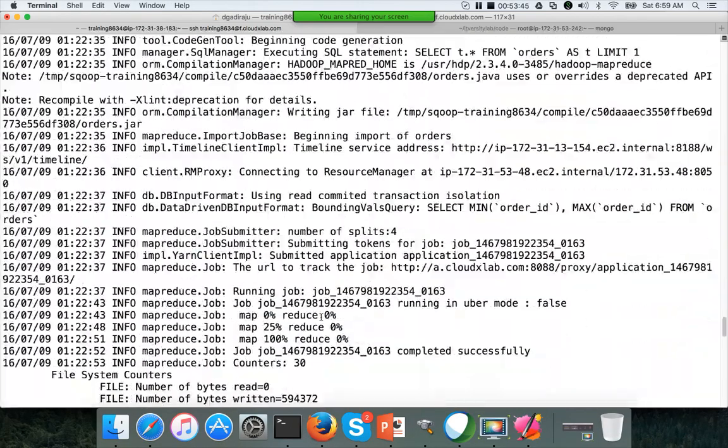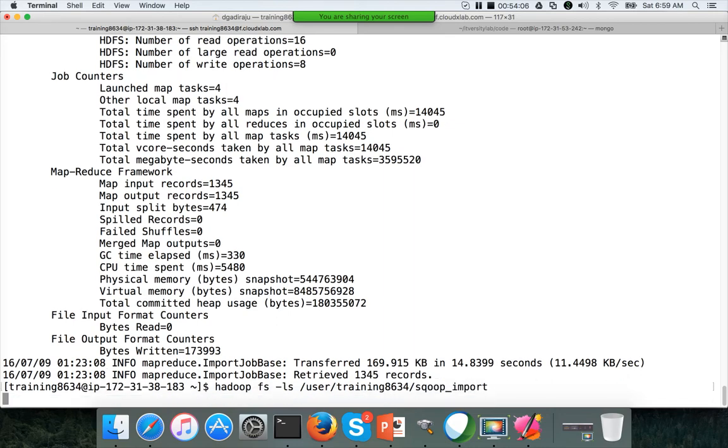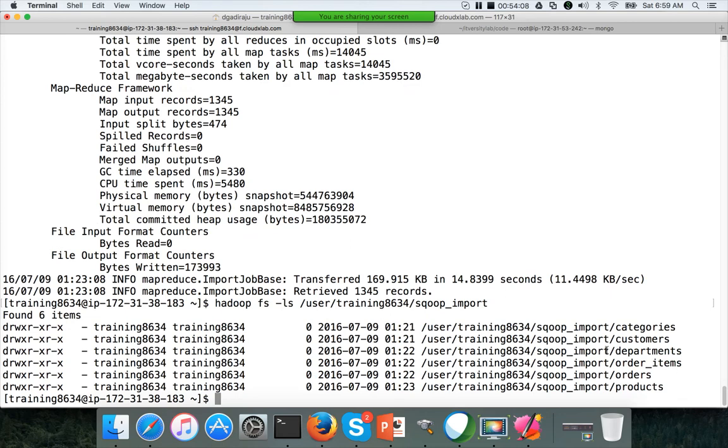So like that, it has gone through all the 6 tables and it has imported the data. So once it is imported, you can see fs -ls /user/training8634/sqoop_import and hit enter. You can see a directory for each of the tables.